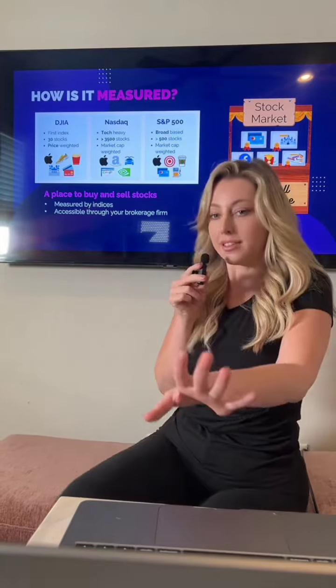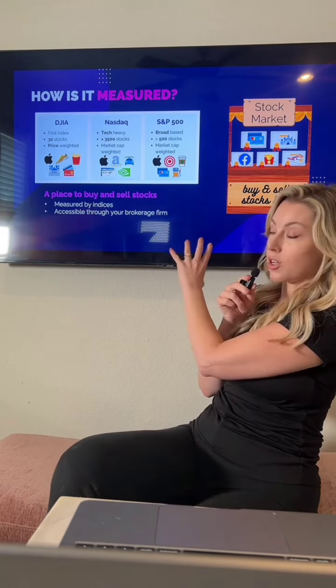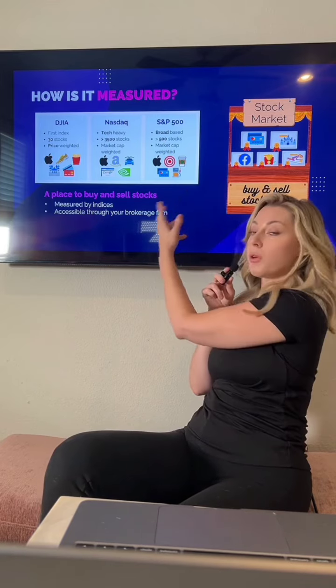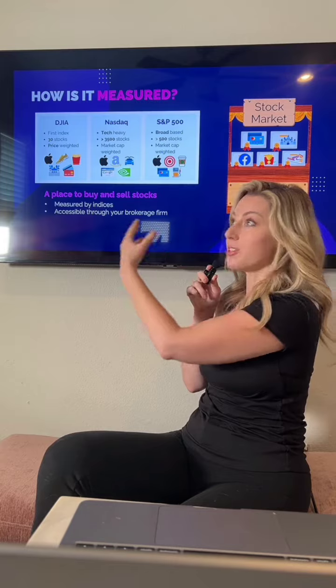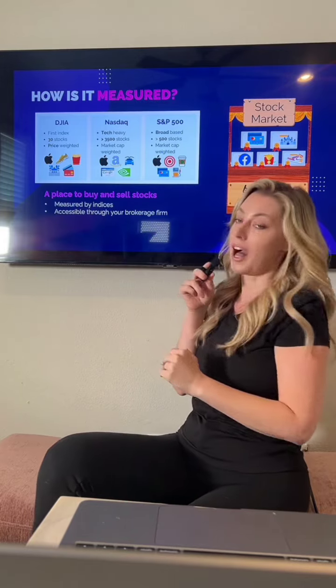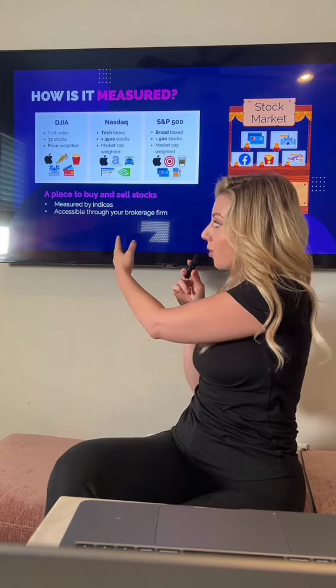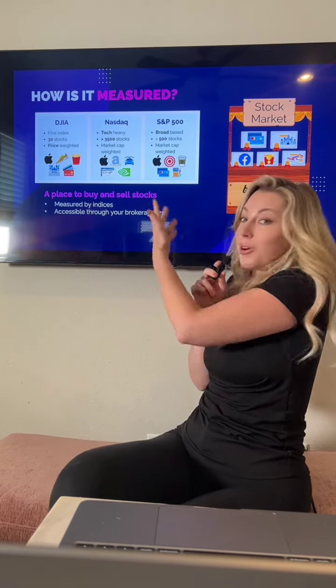Now, we know that the stock market is a place where you can buy and sell stocks, and we measure the stock market by something called an index or an indice. You might have heard of the S&P 500. It's broad-based. It has 500 securities. NASDAQ is very tech-heavy, has about 3,700 now. The Dow Jones Industrial Average. Those are just collections of stocks. Think of it as a playlist. As those stocks go up, the market goes up because the market is literally just a bunch of stocks.